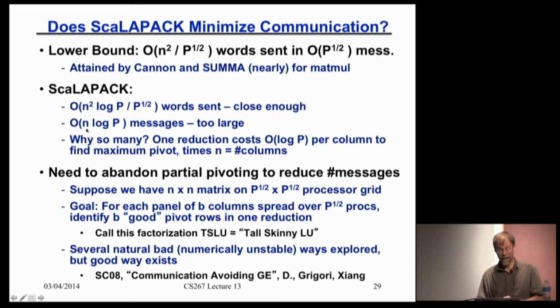There's a factor of n there. n can be arbitrarily larger than p, let alone square root of p. So why is this here? Well, remember, every time I get to a column, I have to find the biggest one in the column. And to do that, I have to do a reduction over square root of p processors. So I'm doing n reductions. So that's where the factor of n comes from. And a reduction is log of the square root of p, which is the same as the log of p. So as long as I insist on doing partial pivoting, this is going to be arbitrarily larger than the possible